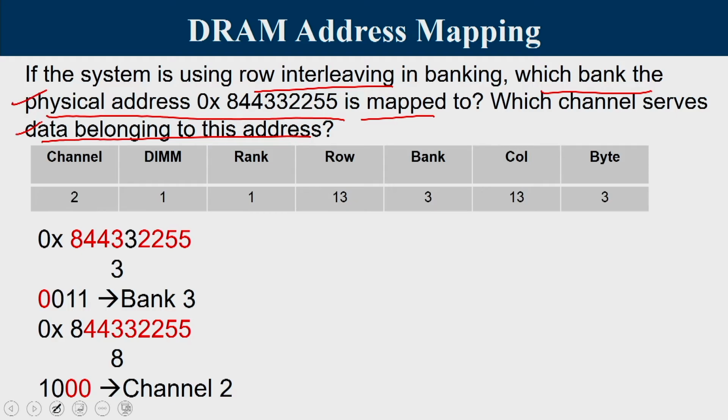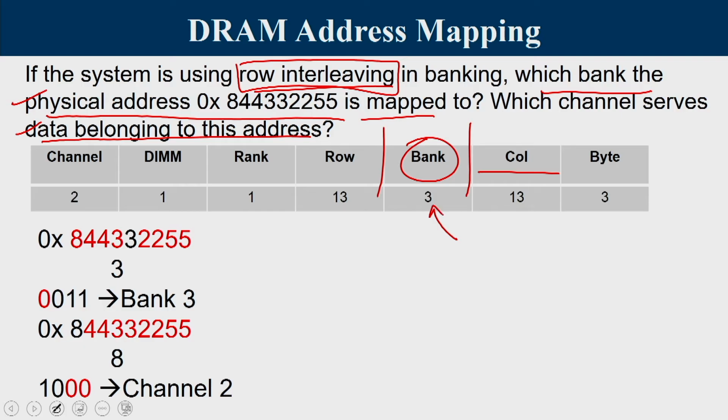Now, how will you find out the bank? Since you are using row interleaving, we have to find out where the bank bits are. Row interleaving means adjacent rows are mapped to adjacent banks. So, you know that you have rows and columns. Once all combinations for the column bits have been given, then we change the row. So, completing a row means you have gone through all combinations of columns. So, it is after the column bits. When you apply row interleaving, as discussed in our lecture video, the bank bits come in between the row address and the column address. So, these are the 3 bits for the bank.